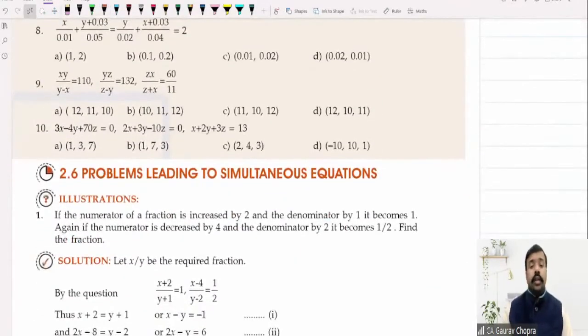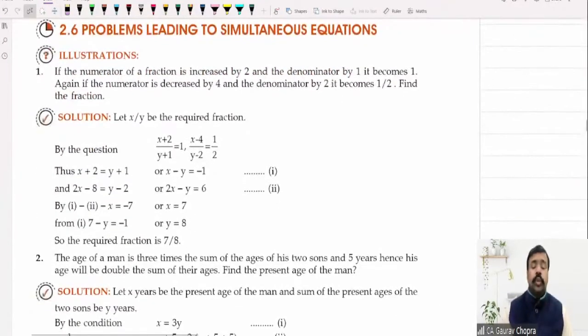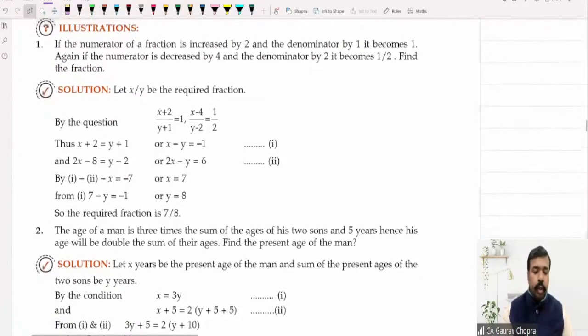Now we have done the variety of 2 variables, 3 variables, and in the first session we have done 1 variable as well. So we are familiar now with all kinds of questions with the single equation. We are familiar with linear equations. Now we have to do some problems based on linear equations. So let us try some of the word problems from here.